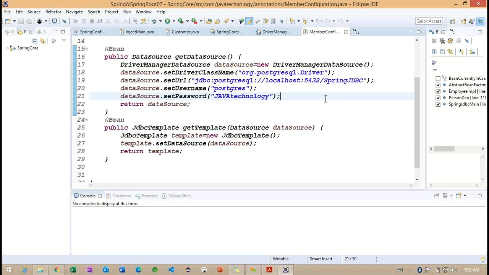Good morning, everyone. In the last class, we discussed the JDBC annotation example, and along with this annotation, we identified template-related information like JdbcTemplate, NamedParameterJdbcTemplate and SimpleJdbcTemplate. So, these three templates we identified here.